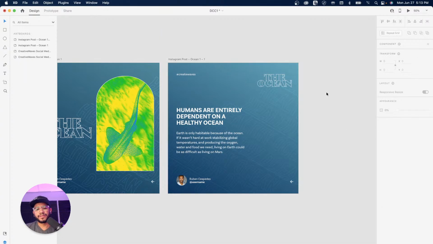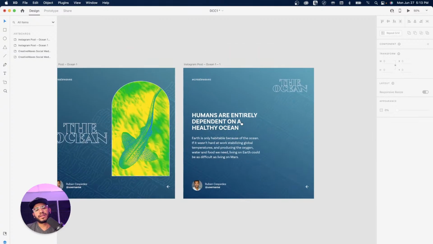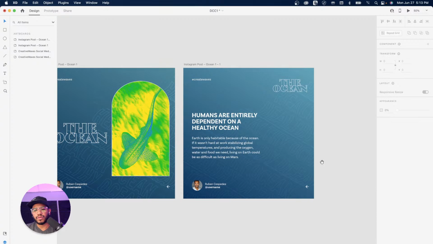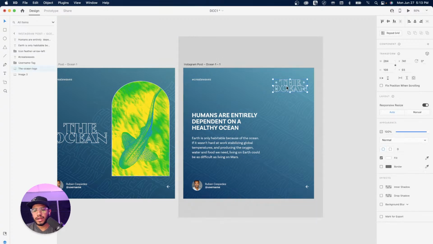Maybe about there. That sounds good. We can even grab this text and perfectly align it to the center. Maybe that could be one option too. It all depends on what you want and what you need. For example,